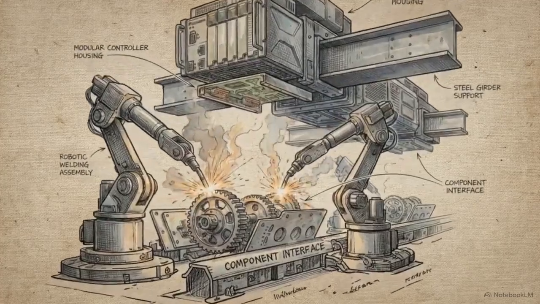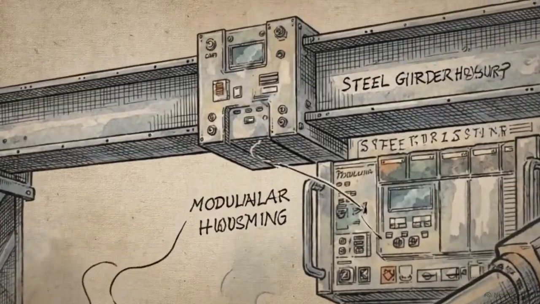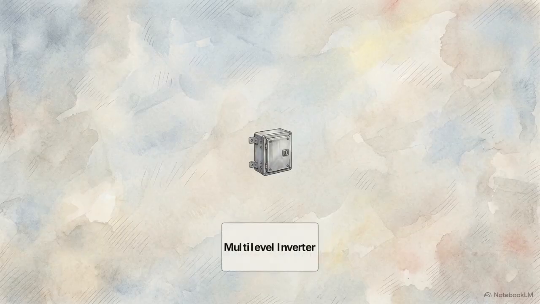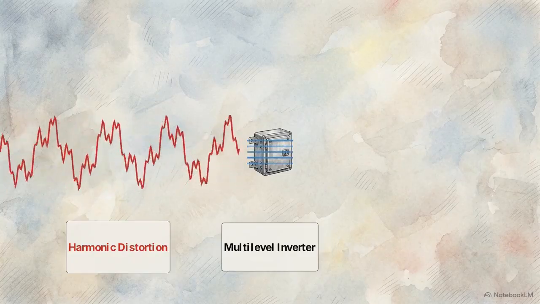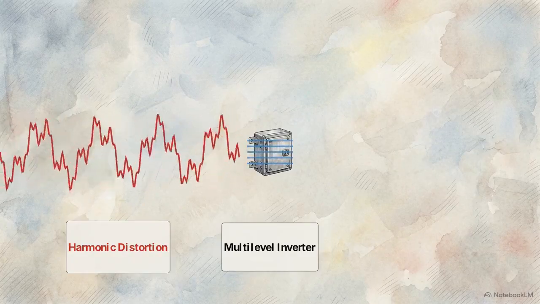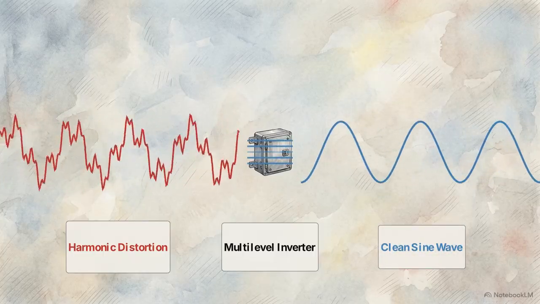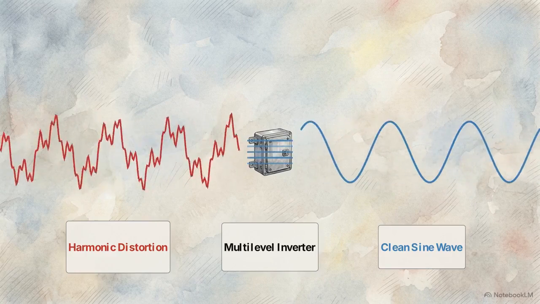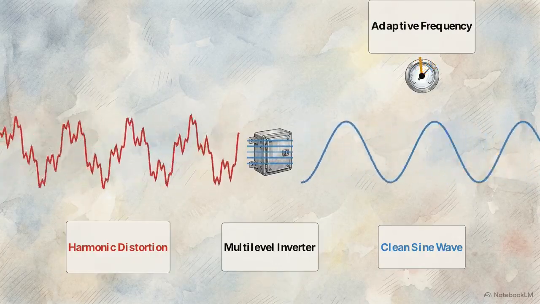We start at the bottom, the power and actuation layer. This is where digital control commands are converted into raw physical work, relying on electromechanical subsystems and power electronics. This schematic details a multi-level inverter topology, which is required for driving medium and high-power motors. Notice how the unstable, jagged red harmonic distortion waves on the left are smoothed into clean sine waves. By mitigating electromagnetic instability and reducing leakage currents, engineers can safely apply aggressive adaptive frequency control without prematurely degrading the